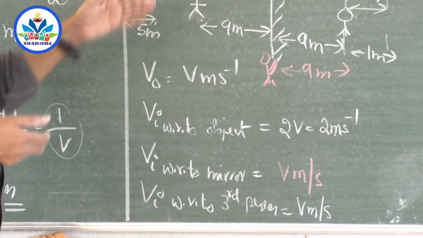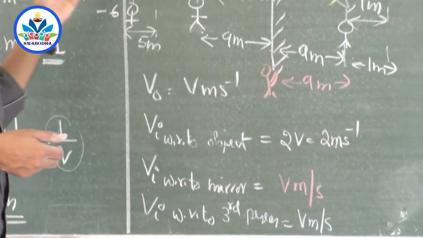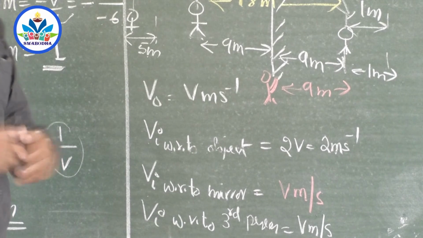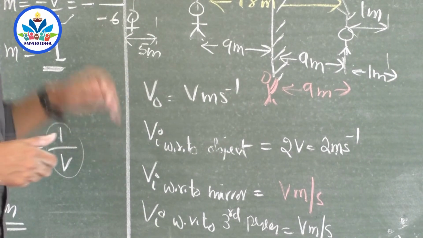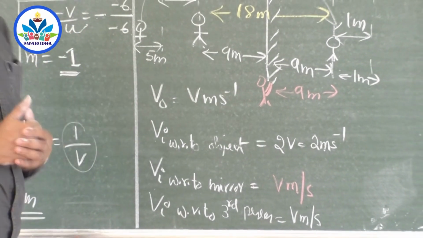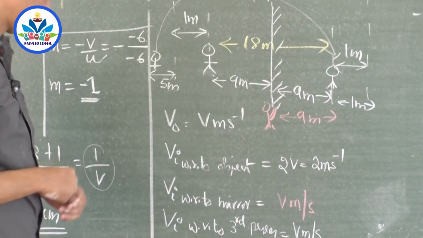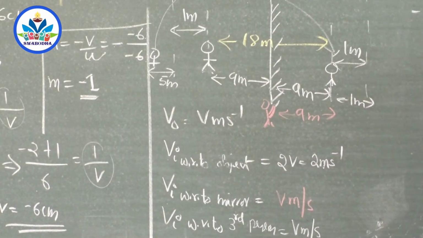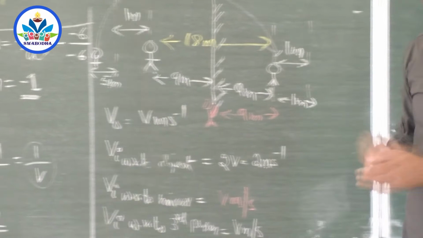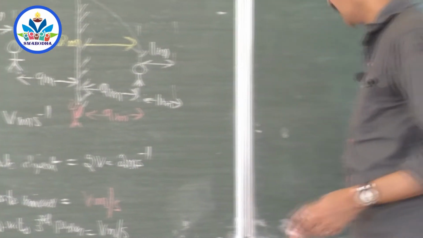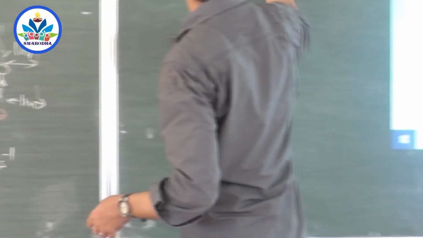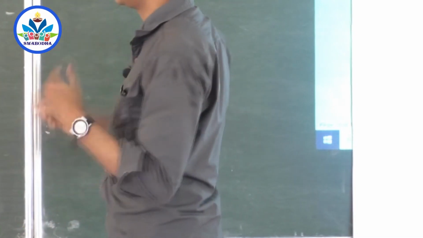Now you will have different cases here actually. This is only the simplest case. I have taken enough time to explain it. Suppose the mirror is running towards you. You are not running towards the mirror. The mirror is running towards you. What will be the case? We will discuss it so that it will be helpful to you to carry on in future problems. Let us see the situation. Same situation. You can take the same situation and analyze it.